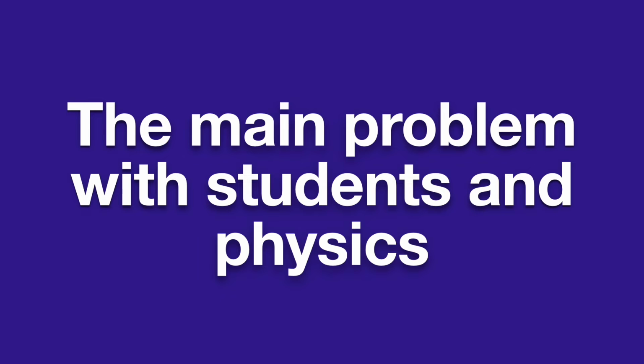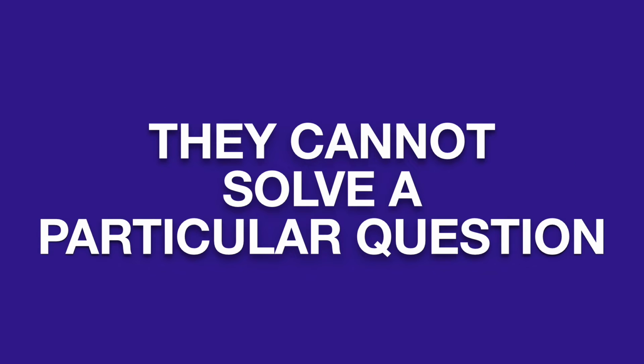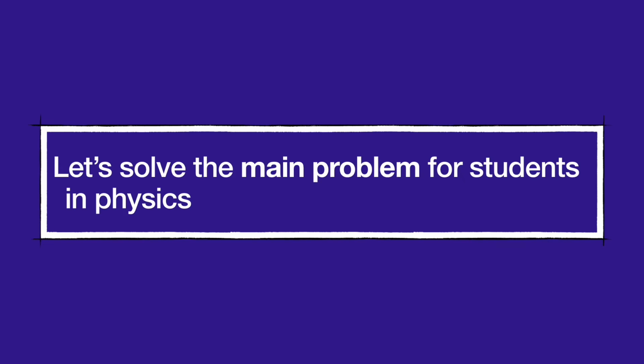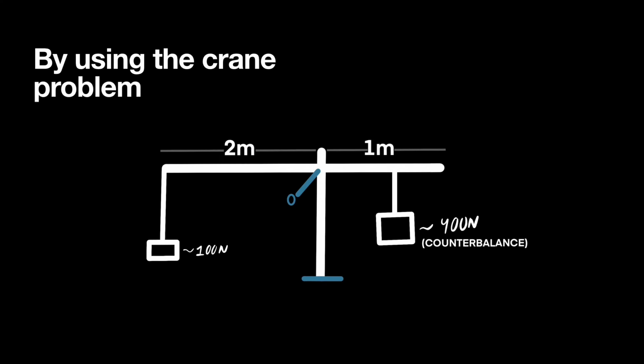The main problem with students and physics is that I think students cannot solve a particular question. Now I'm going to solve the main problem for students in physics by using the crane problem. Now, when you see this diagram, you can easily identify the counterbalance and the 100 Newton weight on the other